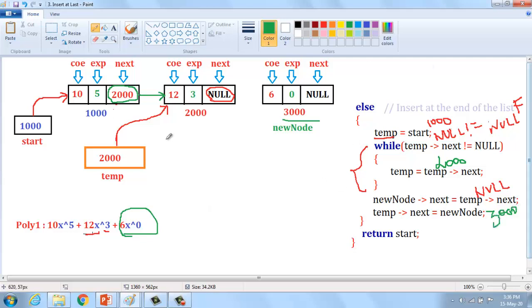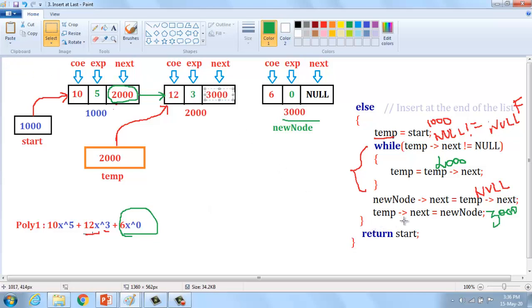Okay, here it should be changed into 3000.